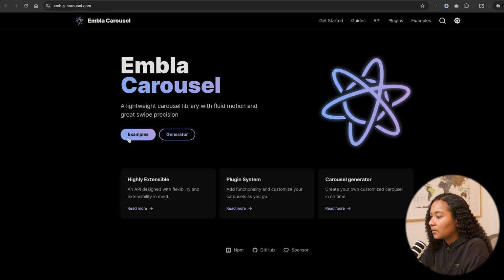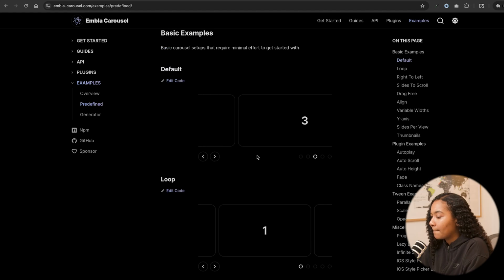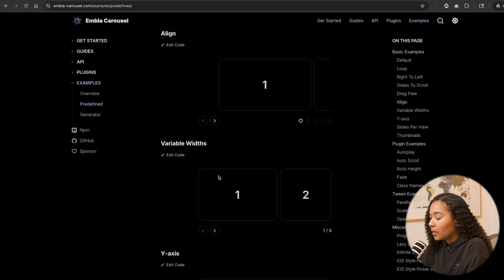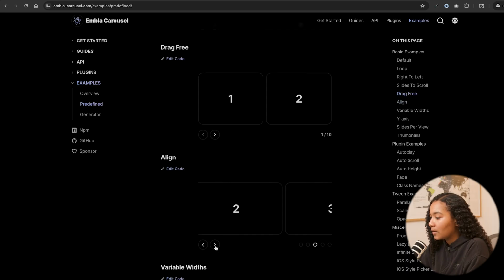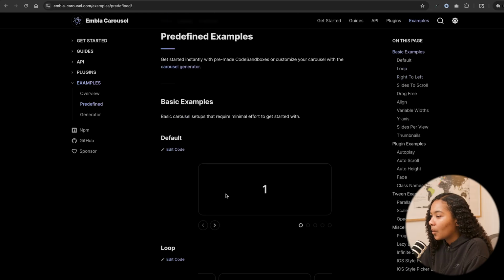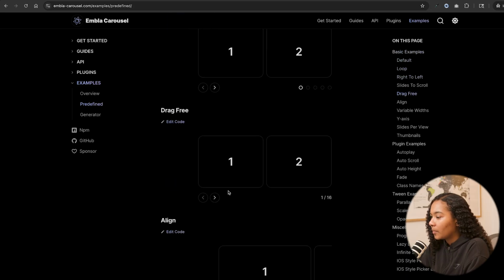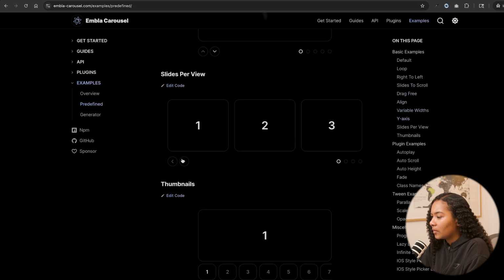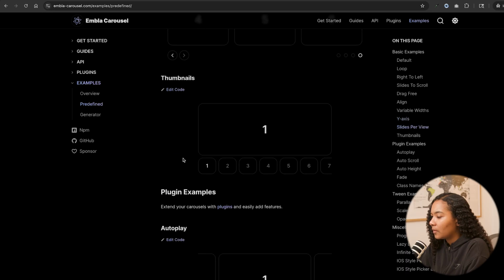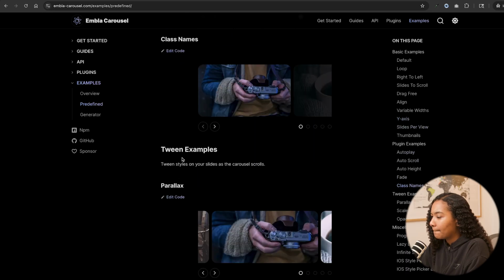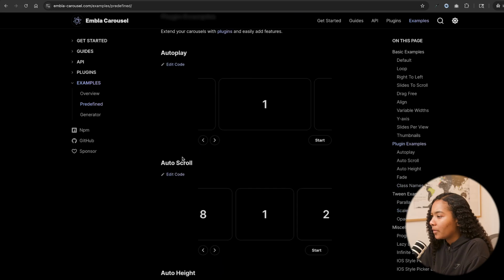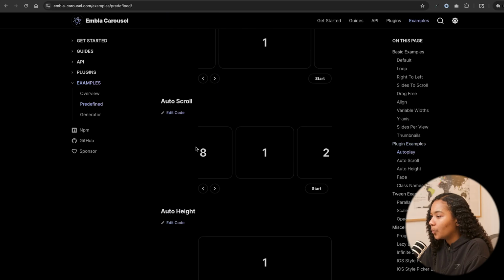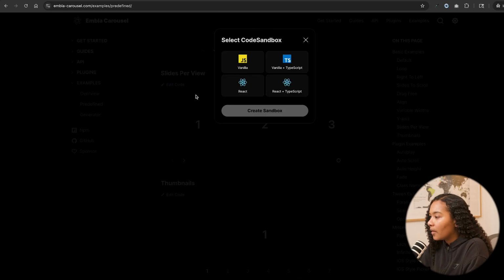Embla carousel. Let's look at it. Loop. All right, this looks pretty decent. I wonder if we can, but I want to see all of them. Is there an option for me to do slides per view? That looks like what I'd want. Okay, let's try, actually, let me keep going. Yeah, okay, let's try slides per view. Where did you go? There you are. And then